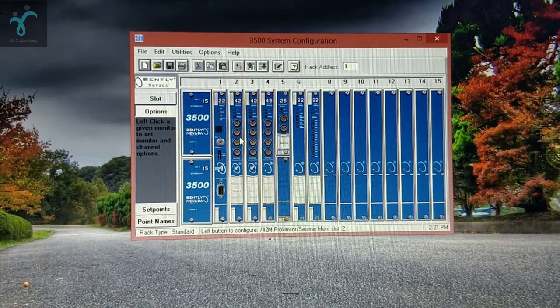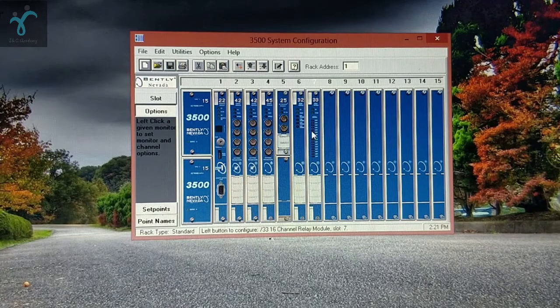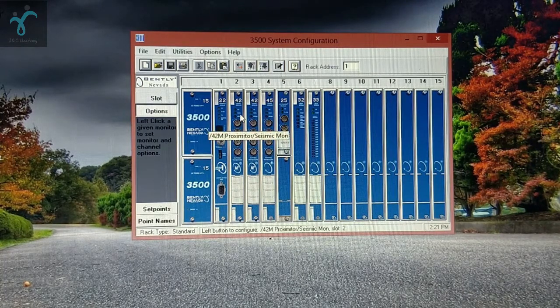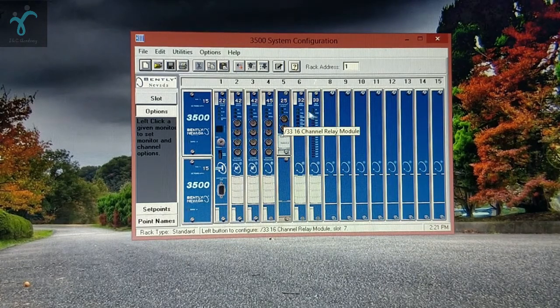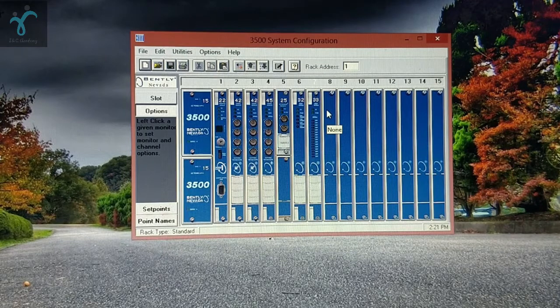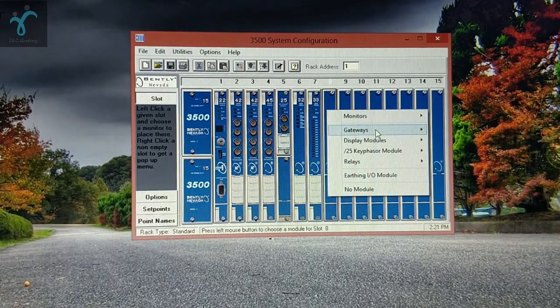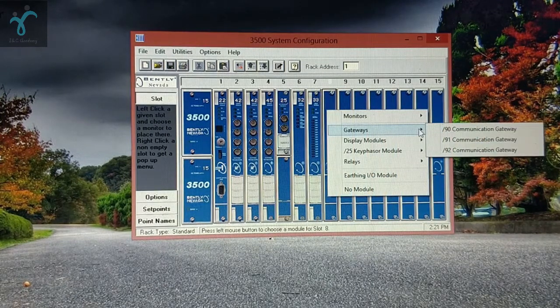And finally, if we want to communicate this data with the DCS, then we can physically lay the hard wires and communicate with DCS for this output in the form of 4 to 20 milliampere, and for digital in the form of digital bits 0 or 1. If we want to communicate this rack to the DCS module through serial interface, then we need to add a gateway. Select any one of the default gateways,